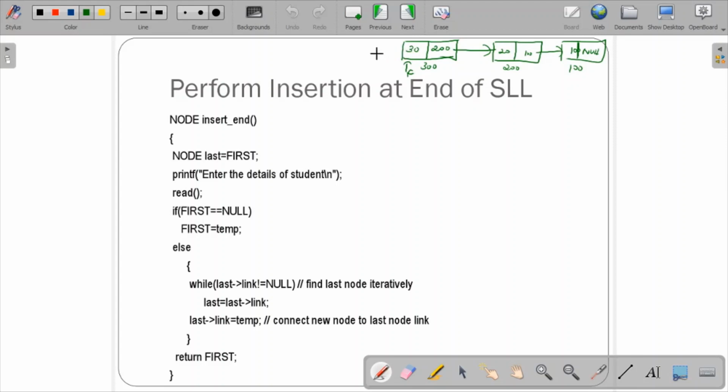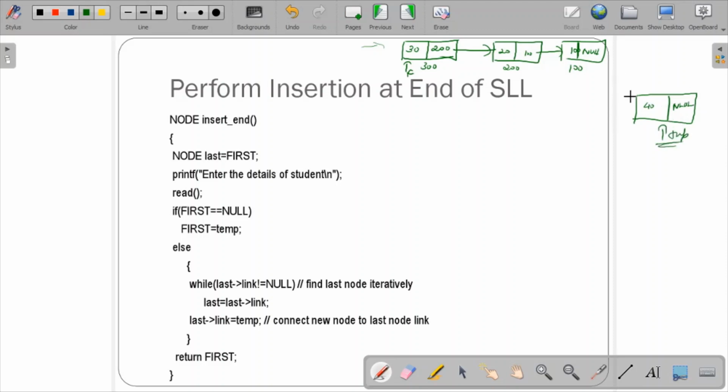Now till now we did insertion this way. Now I want to insert from this way. So to insert from this way also I need to read, right? So let me read the data as 40 with USN. Remember I'm just showing USN, but name, semester, phone number, all those fields are there. It would be difficult to show the structure of the node, so that's why I've taken only USN with the node. So when I read a new node, again 40, and this will be temp.